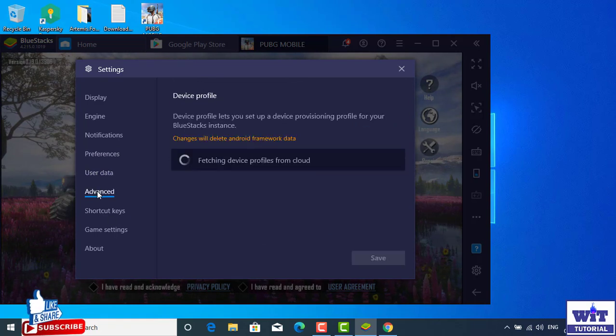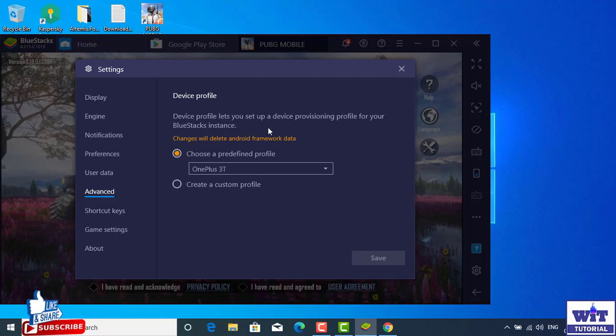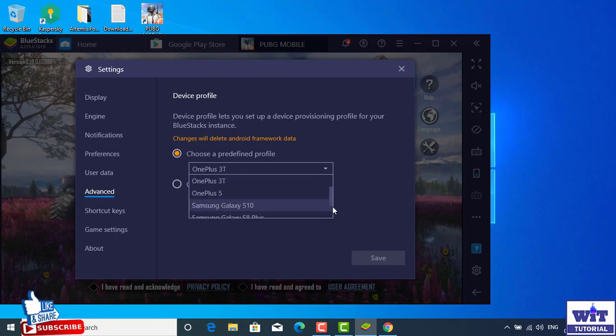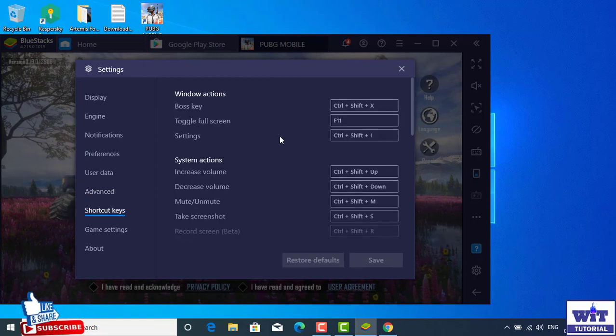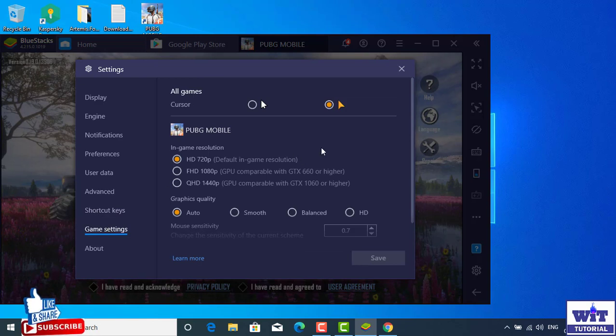Here you can see advanced options, where you can see which device profile your Android emulator is using now. Currently it is using OnePlus 3T. You can also select a different user profile from here. Many user profiles are listed by default, or you can create a custom user profile. Then here you can change and use the shortcut keys,